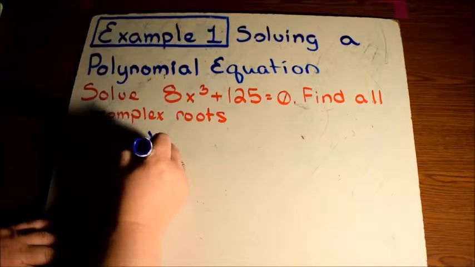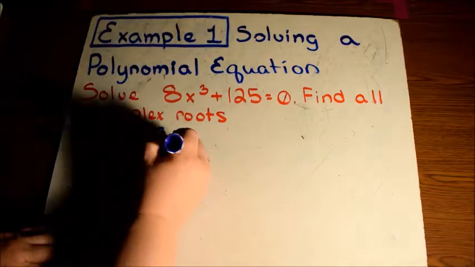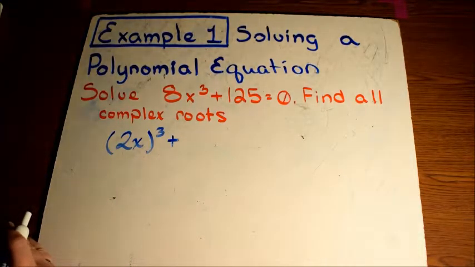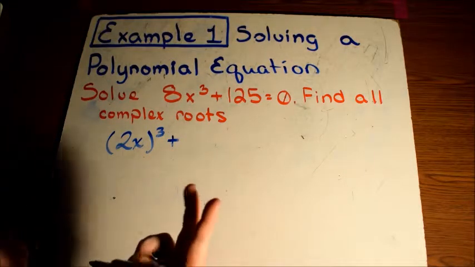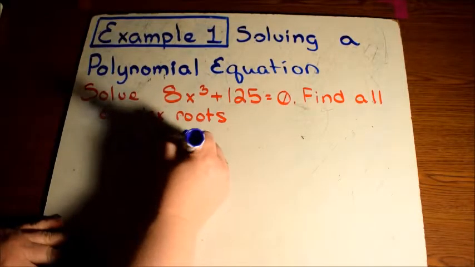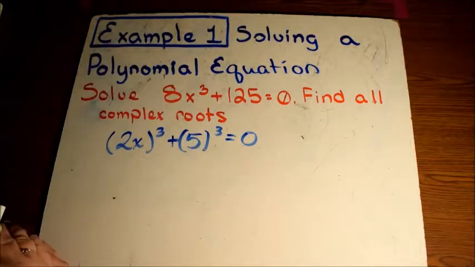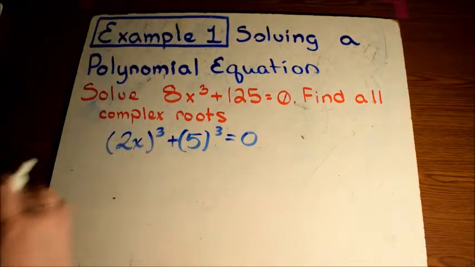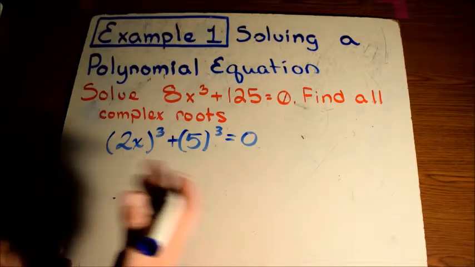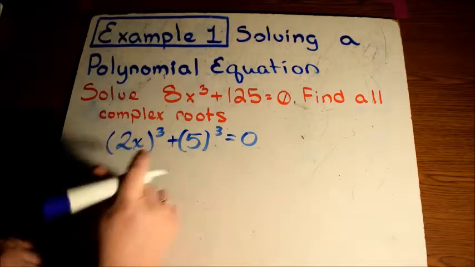2x cubed plus, well, 125 is really 5 times 5 times 5, or 5 cubed. So look at this. This is a sum of cubes. So let's go back to what one of our key concepts was. We have that handy-dandy little equation. So we can factor this into